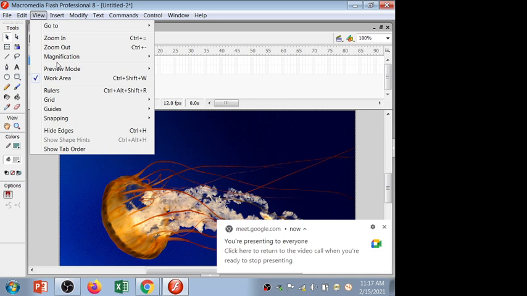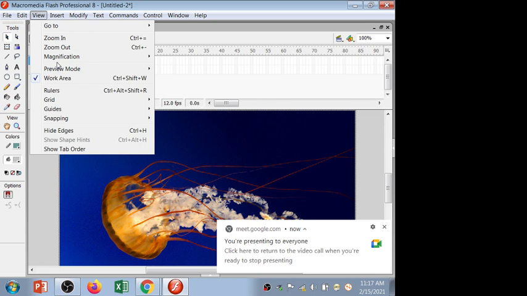Now you have to open the window menu, and on the window menu you have to select the align option.